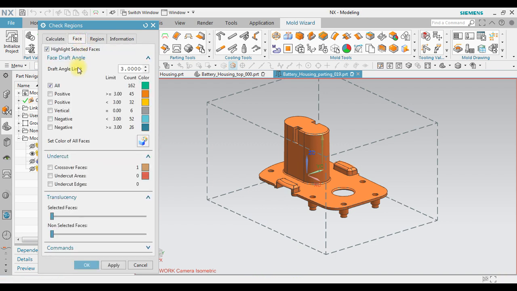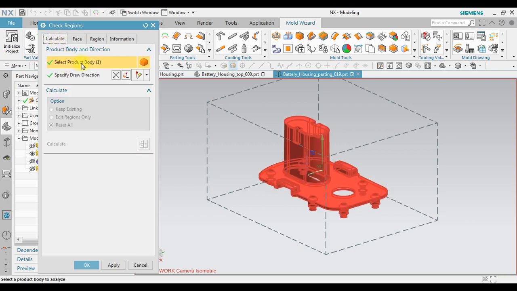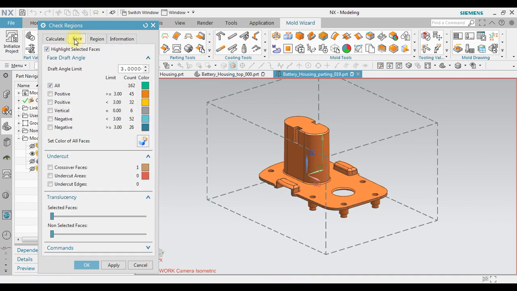Go to the face tab. As you can see in here, we are using draft angle limit. Notice also the draw direction is in the positive Z-axis direction. In here we have draft angle 3.